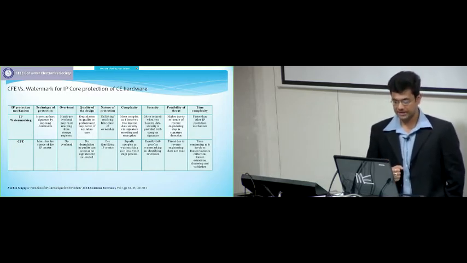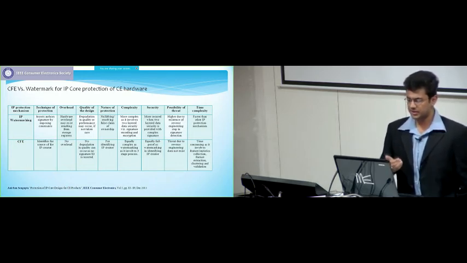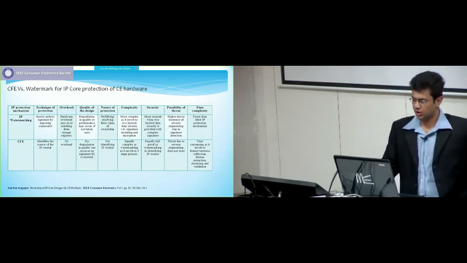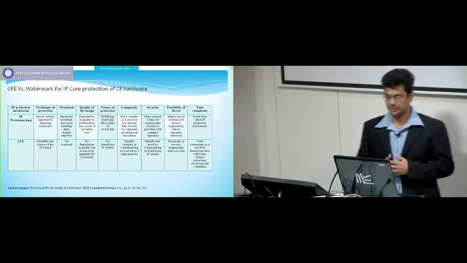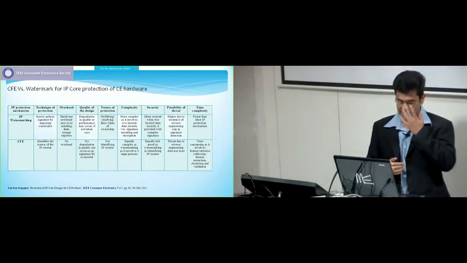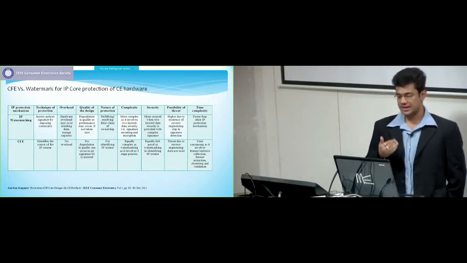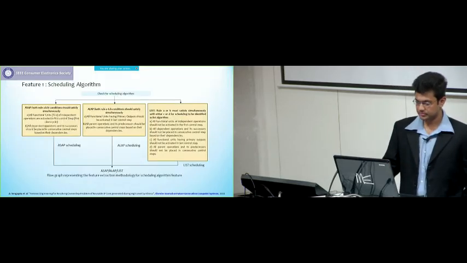In case of protection, both try to go for the same, and in terms of complexity, they are both equally complex. In terms of the possibility of threat, there is a higher existence of threat because there is a reverse engineering step in case of IP watermarking, which does not exist in case of CFE. And in case of time complexity, certainly CFE is a bit slower compared to watermarking, because CFE involves multiple steps such as feature and statistical collection, extraction rules, and validation.